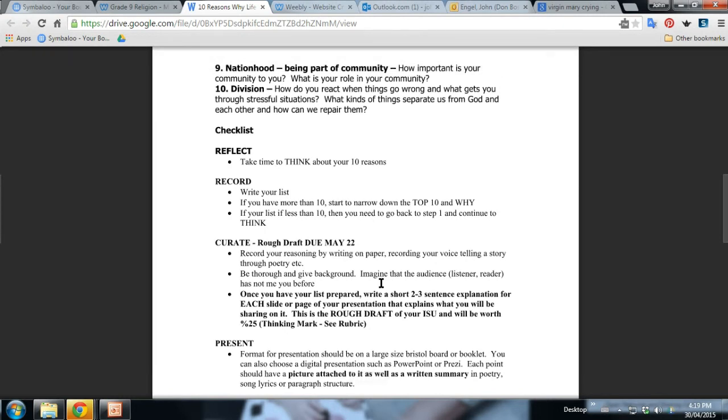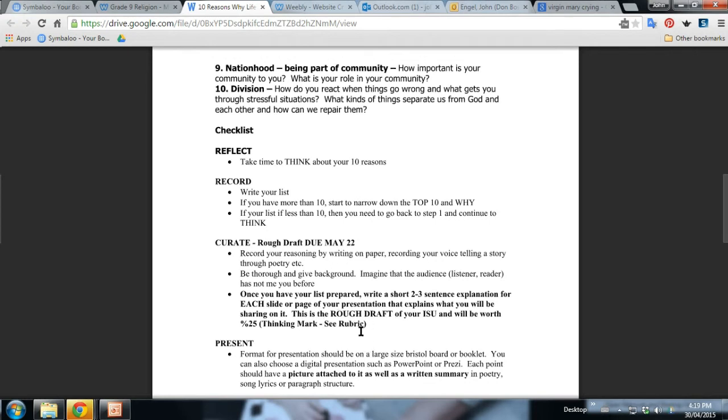So my explanation for what I did for decreation is I say, I'm going to have a slide that has a picture of Mother Mary that talks about an argument that I had with my mother and how that has created distance between my mother and I, God and I, and even myself, and represents decreation. So that's just 3 sentences, roughly what I'm going to do with that slide. And I'm going to need that 10 times, 1 for each slide.